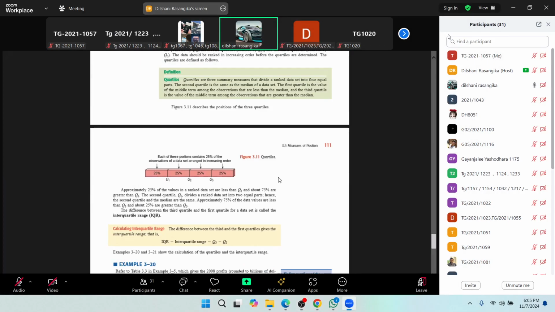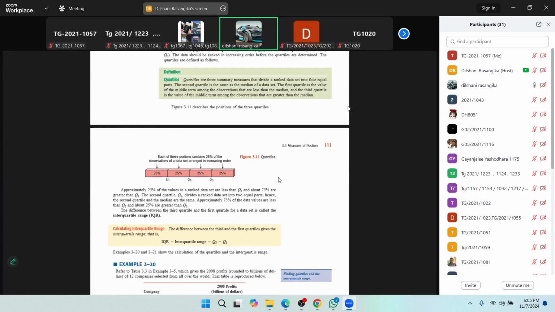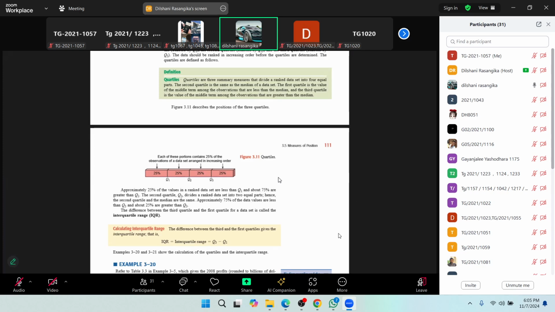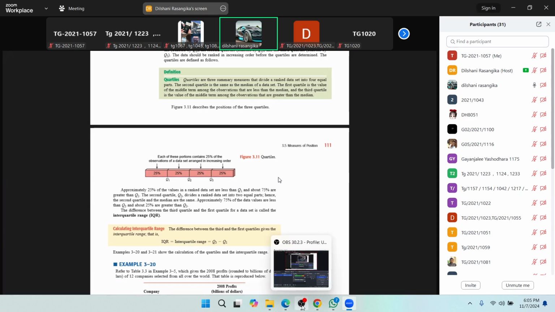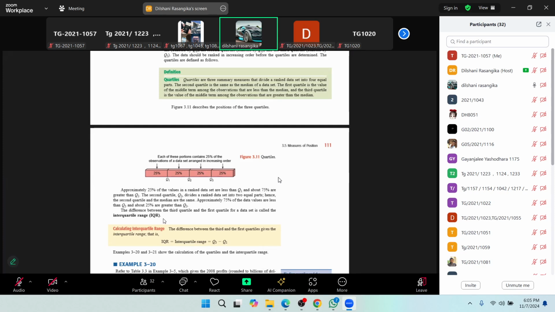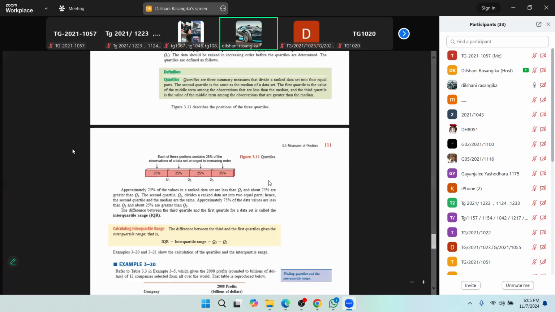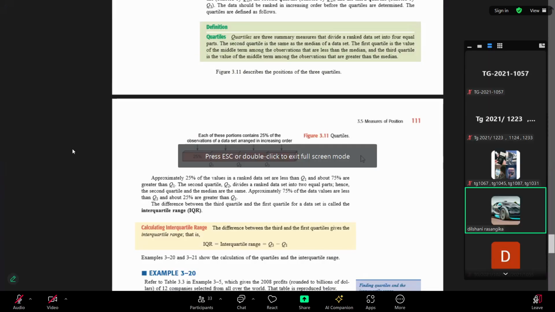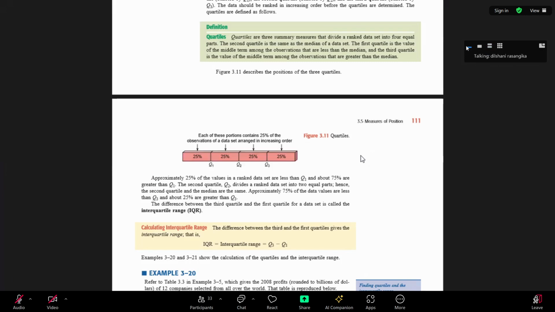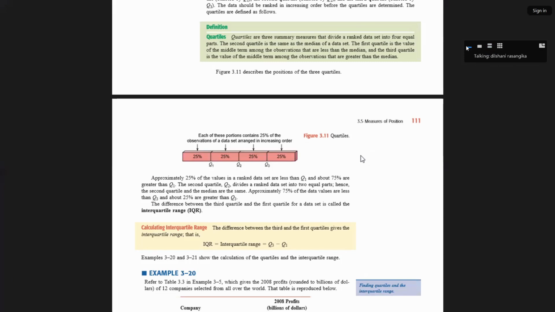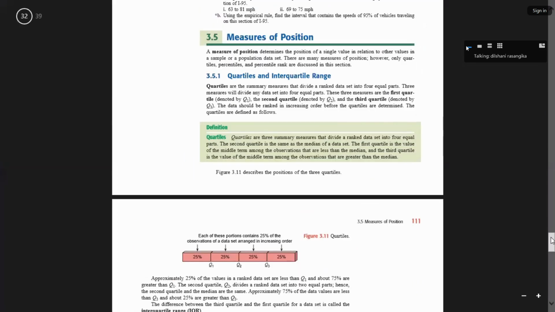The whole frequency, that means the total number of data. When we divide it by 4, that means we can take one quartile out of the data, right? But the most important thing is when we need to separate one quartile from our data set, the data set needs to be in ascending order, right? So that means the smallest data first and the largest data next, right? So by using the ordered data set, then we can